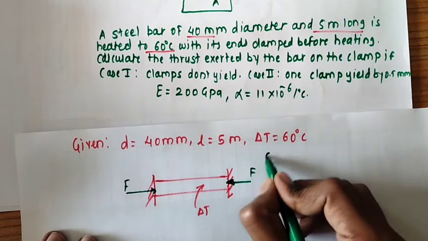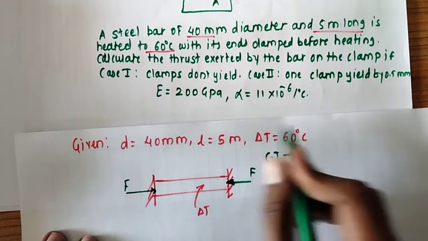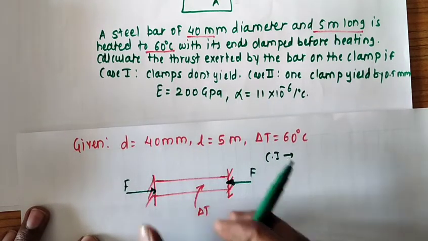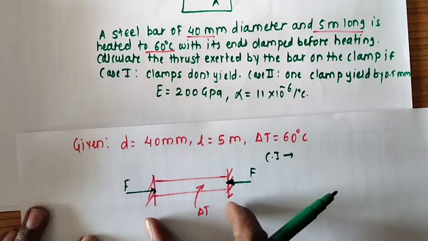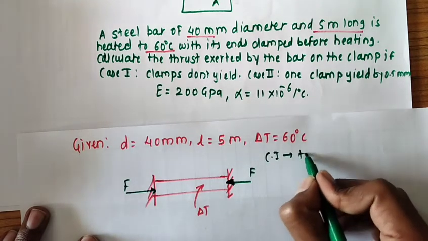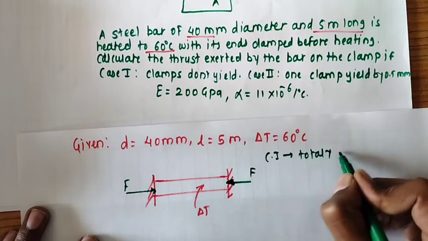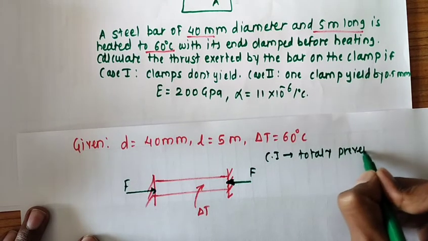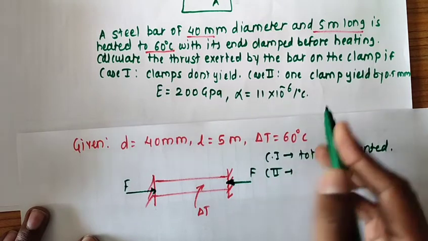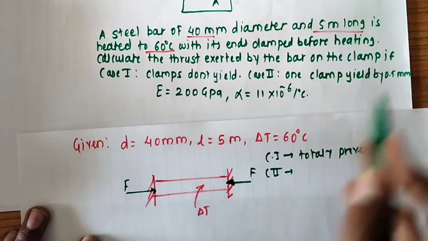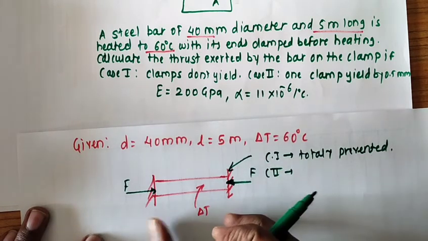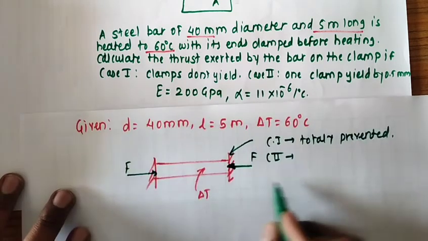So case 1, clamps don't yield means what? It is completely prevented. So this support does not yield, it will remain the same. So it is your case 1. So when expansion is totally prevented, there is no yielding. And they ask you case 2, when one clamp yields by 0.5 mm. So this is your case 1. There is no change in support. And case 2 is